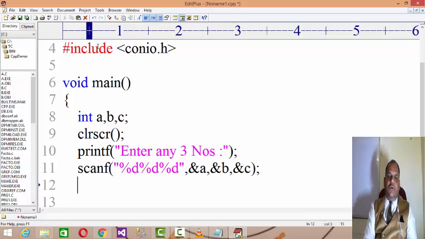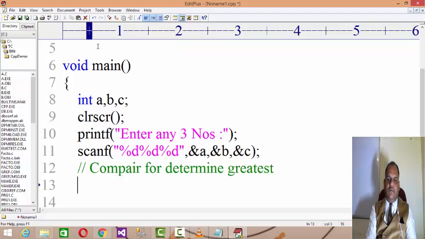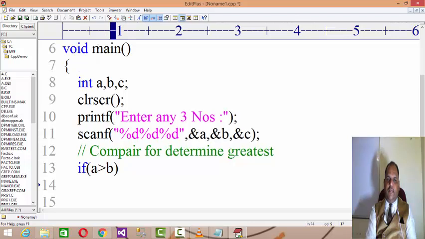Now if you want to compare the greatest and lowest, but without using logical expressions, because the example of logical expressions we already tried, what you can do is, to determine the greatest, check if a is more than b as the first condition.